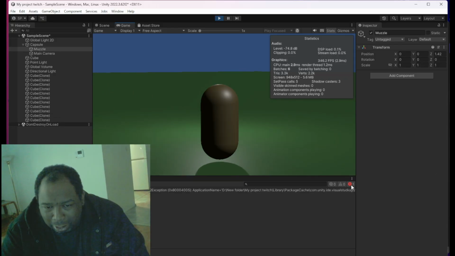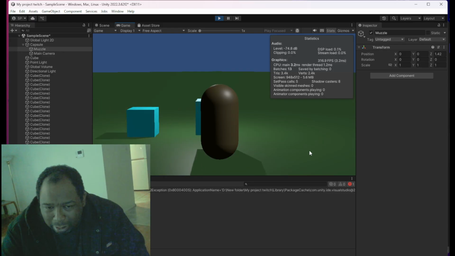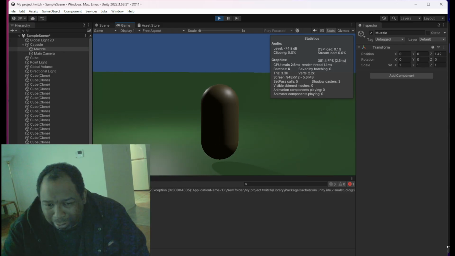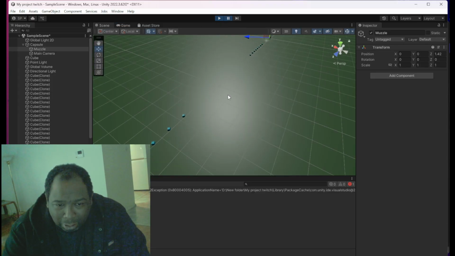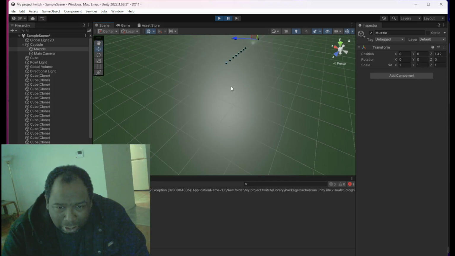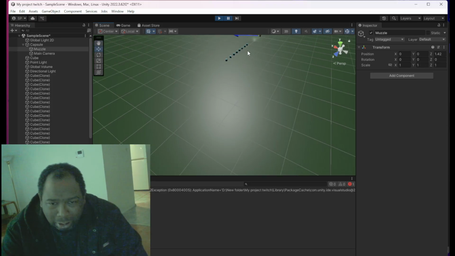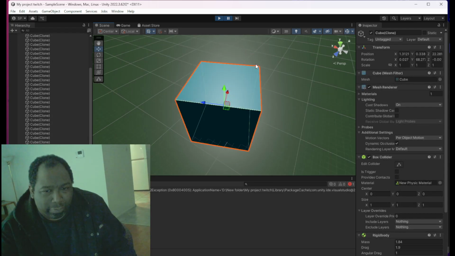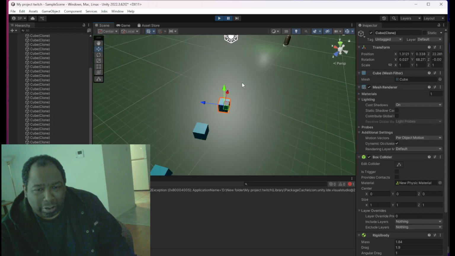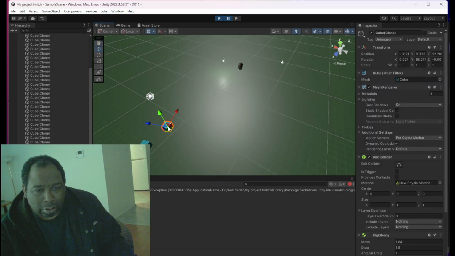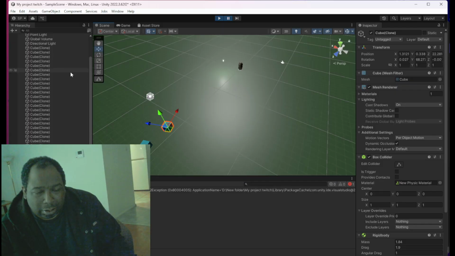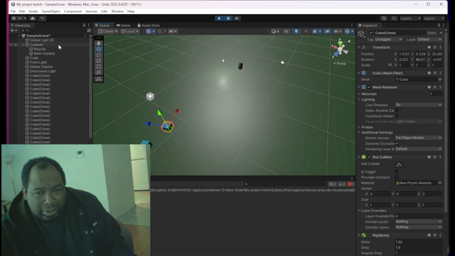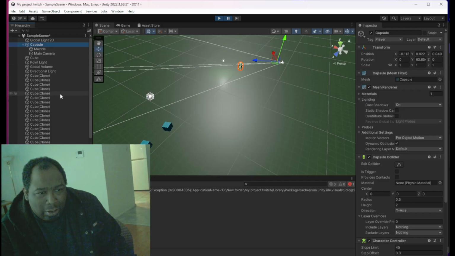Let's see. I'll do this all the way over here. So hit pause, go into game mode. The forward vector is facing this way, that's Z's more down that, and the capsule, the player.